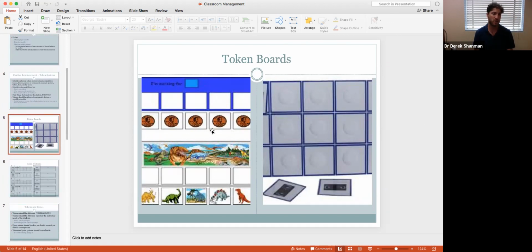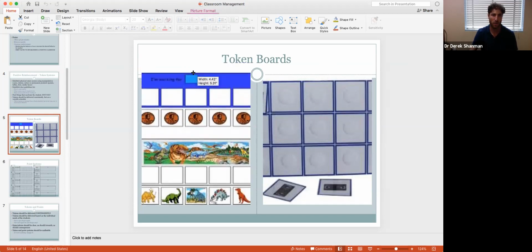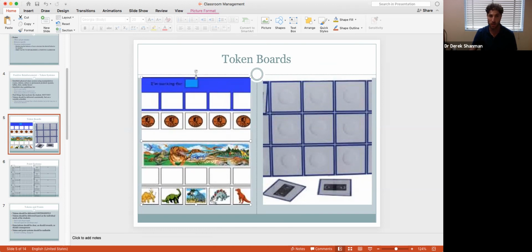So here, these are kind of the more standard token boards that we are used to probably seeing, especially in special education, where you have a 5 or a 10 or a 15 token system. In here, we see an example where the tokens are pennies, or money. Here we have some dinosaur stickers in one. So in the money situation, we're teaching a money skill, or we're giving our child an opportunity to learn counting pennies. In the dinosaur situation, we're using stimuli as our tokens that are reinforcing in and of